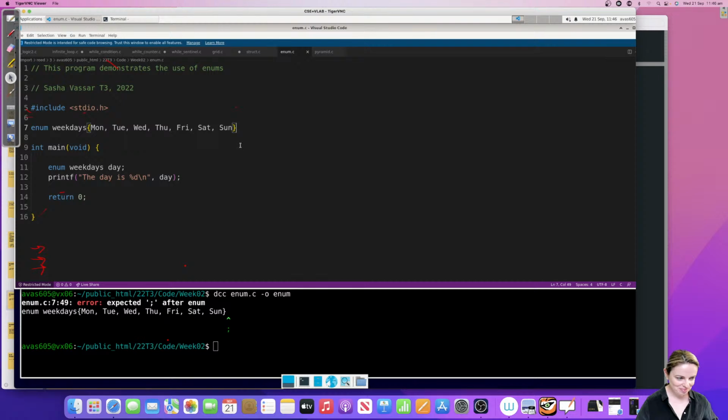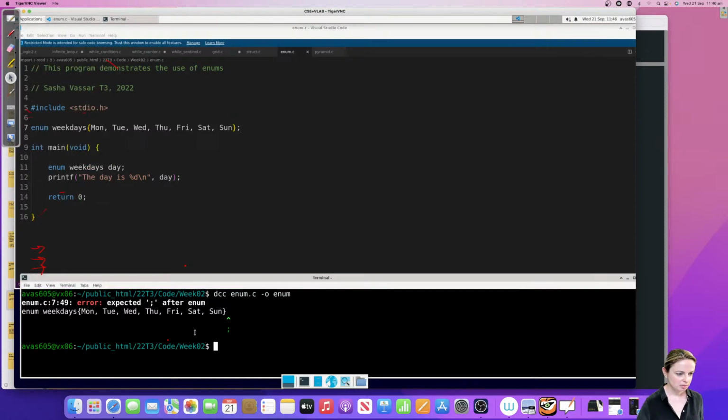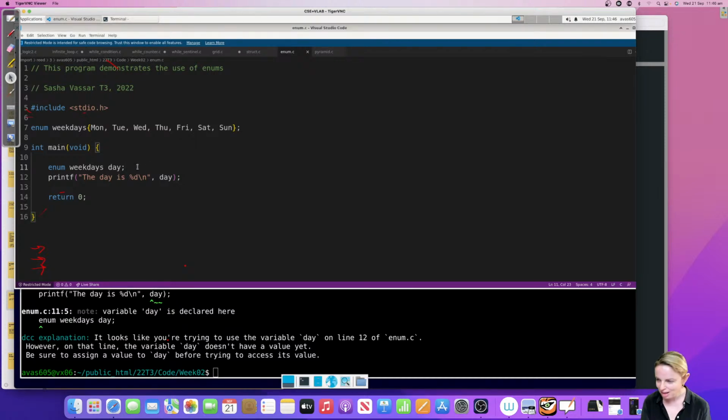Okay, there we go. We've got the error, and it's because the struct and the enum, think of them as exactly a similar thing. Add the comma because you can also have something in between there. Okay, let's try that again. Oh, I forgot to assign a day to it. I said I'm going to have this variable, so I've declared it here.